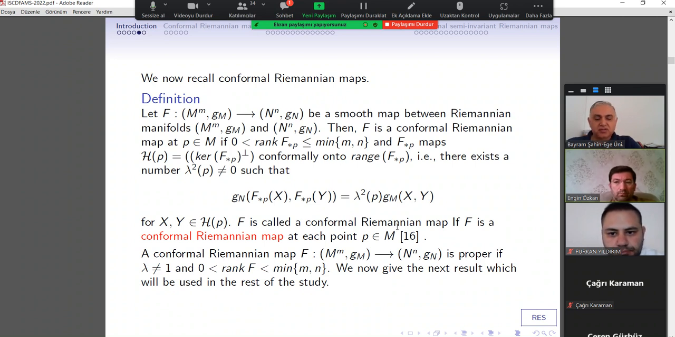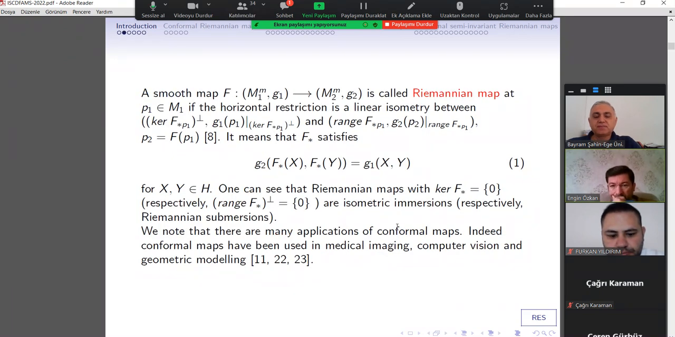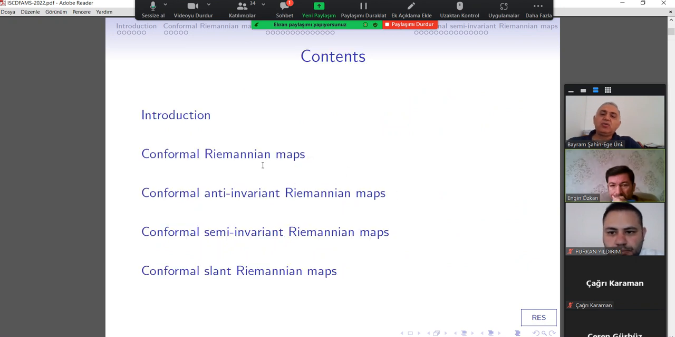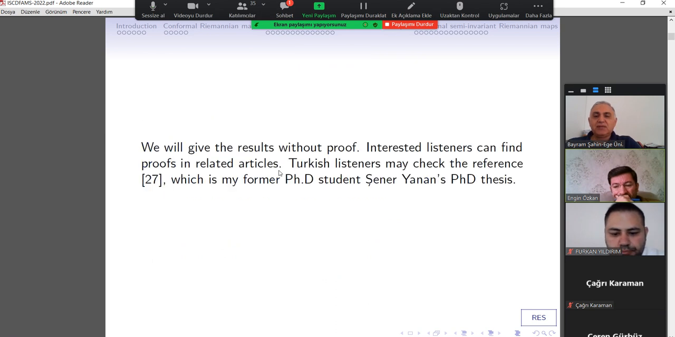In my talk, I will consider this one. I will introduce the conformal Riemannian map like I did here, and then I will consider the complex manifold as a source manifold, and then according to the behavior of these conformal Riemannian maps, actually the vertical space of this Riemannian map, I will give some new notions related to these conformal Riemannian maps. So let me begin with some